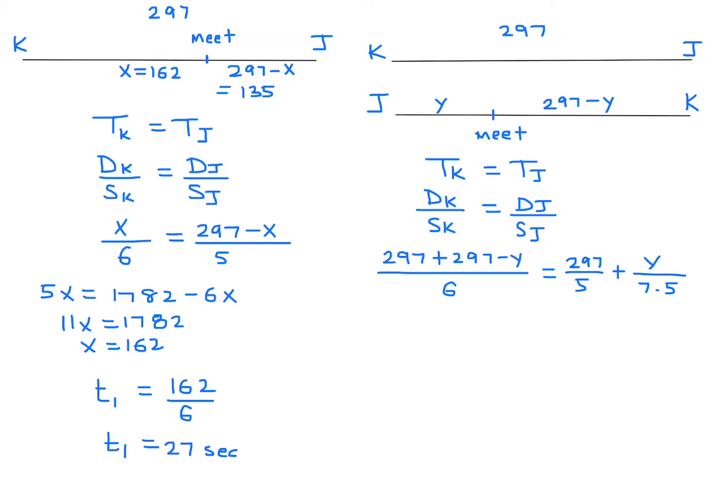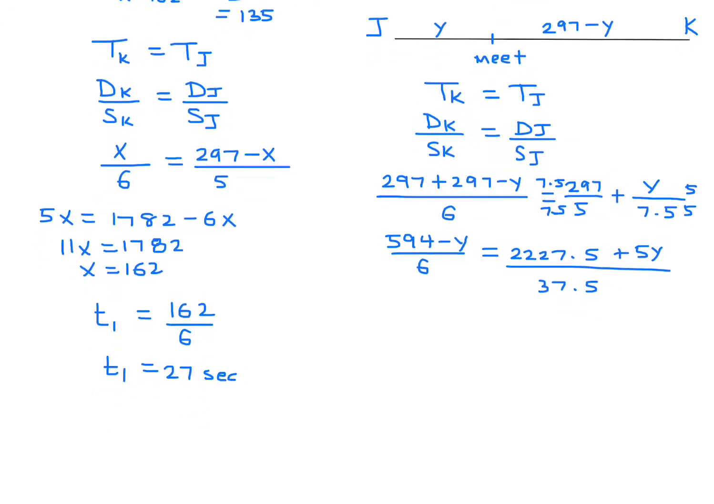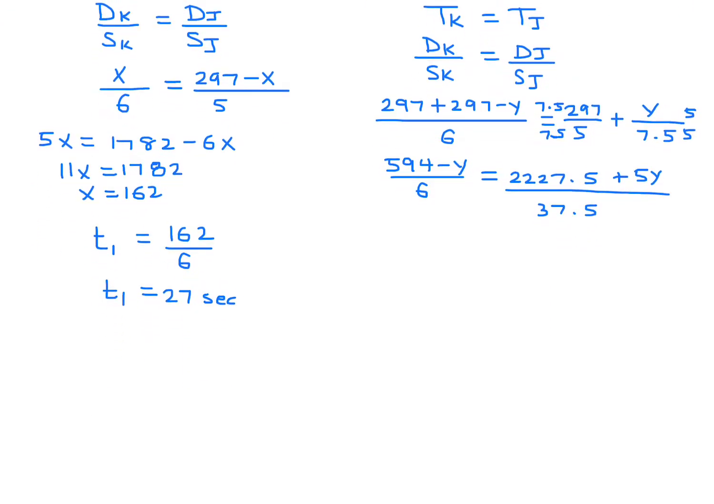Okay, so now we have really just one variable, so we can solve. So this becomes 594 minus y over 6. Get a common denominator, and when you do, multiply top and bottom here by 5, top and bottom here by 7.5, like that. And when you do that, you get 227.5 plus 5y, and the denominator is going to be 37.5. Okay, cross multiply, and when I do cross multiply, I get